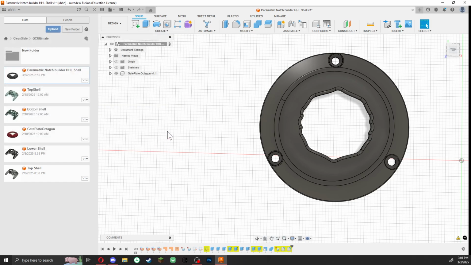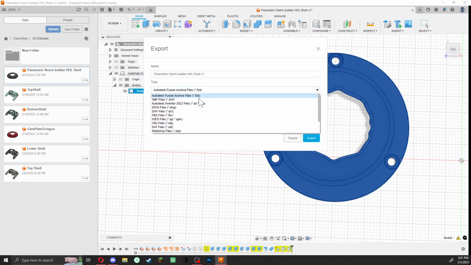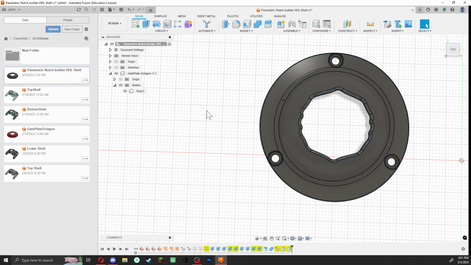But basically, once you have it the way you want it, you're going to do two things. You're going to select the body, make sure nothing else is selected, which it isn't, and then you're going to go to File, Export, and you're going to come down here to Step File, and you're going to want to export that. The other thing you're going to want to do is get an STL of this for printing,